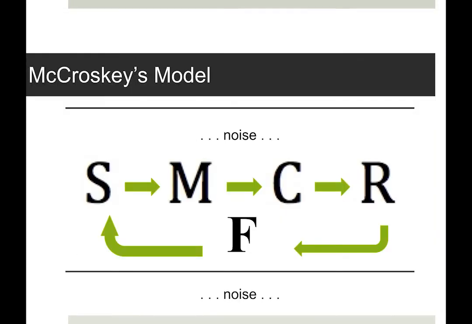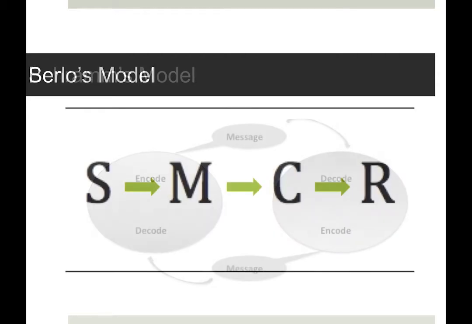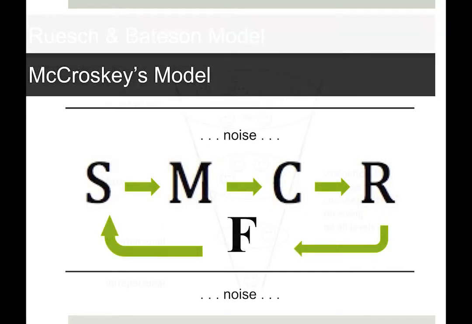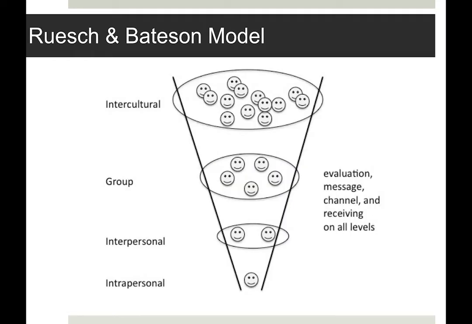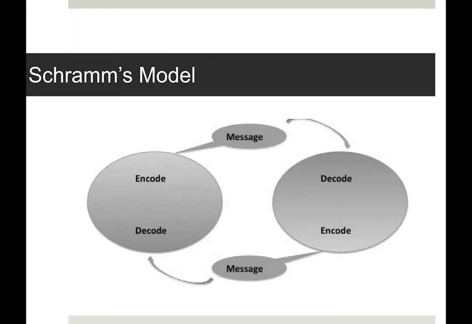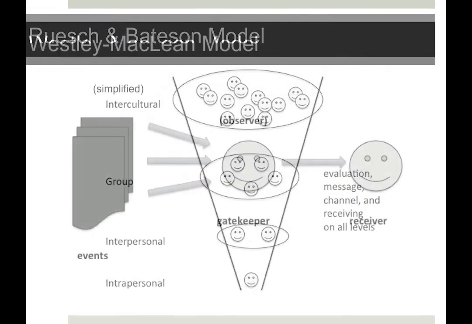So depending on our model of communication, whether it's simple, linear, talking about groups, or talking about the media, we're still dealing with how we understand communication. Depending on the model we choose makes a difference in how we look at communication, how we understand it. And the way we look at it, the way we understand it, helps us to be a better communicator in a particular way, depending on the model we approach it with. So those are the basic models to help us understand what's going on with communication right now.